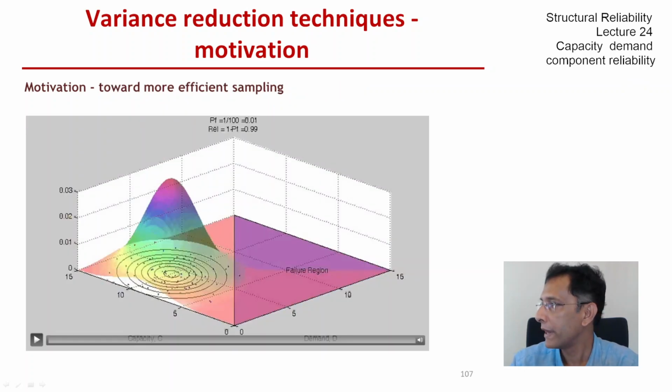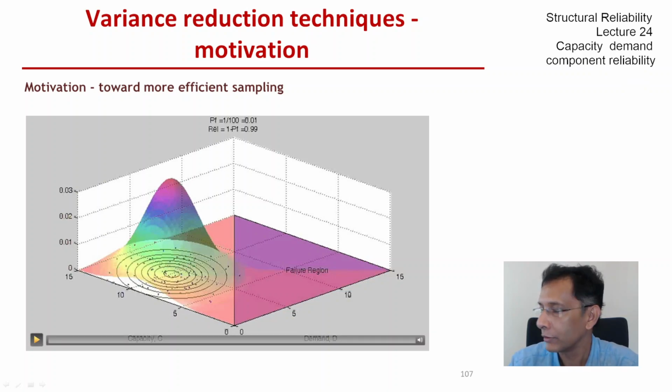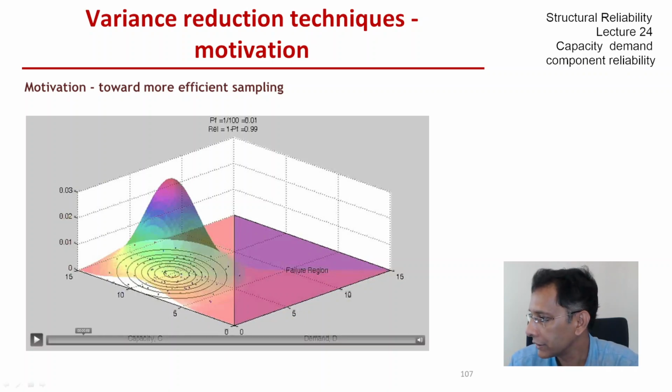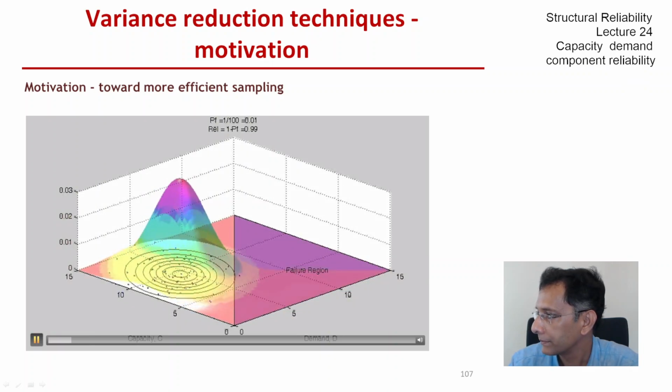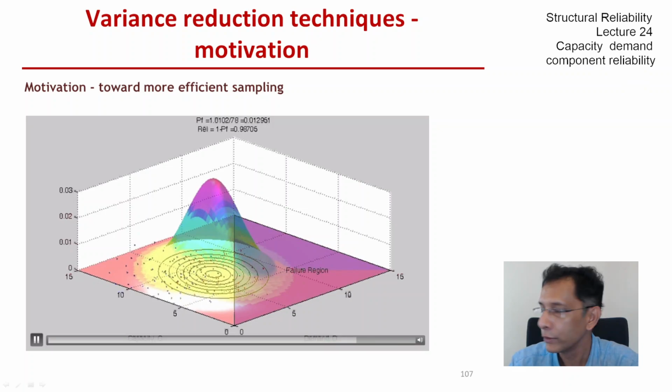So here we have this more efficient sampling scheme. Let's run the movie. We're going to just generate 100 points, and let us see what comes out of that. So the first thing you'll see is that we are moving the density function closer to the limit state, closer to the failure region. So let's see if the movie works. Yes. So we move the density function closer to the limit state, and now obviously many more points have fallen